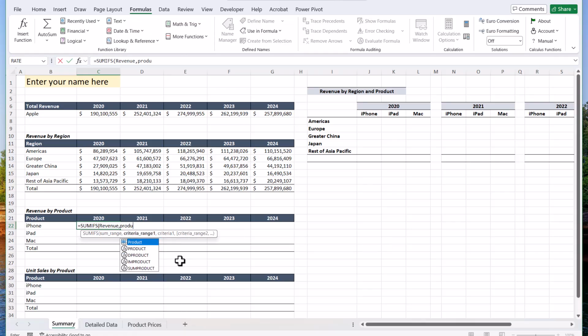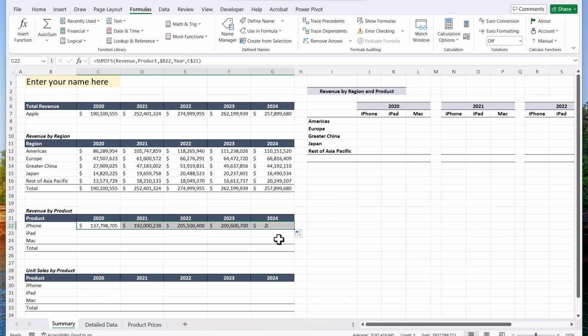This time I want the product named range to be iPhone. Here I want to keep it in this column, so 1, 2, 3, so that the $ is in front of the column name. But I want the year reference to be 2020. This time I want that to stay in the row. So 1, 2, and we're done. iPhones all the way across, and then I should be able to copy that all the way